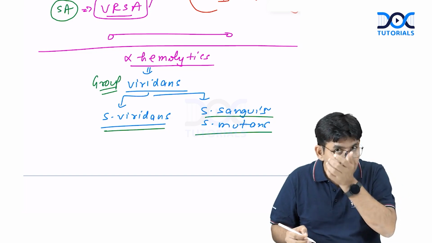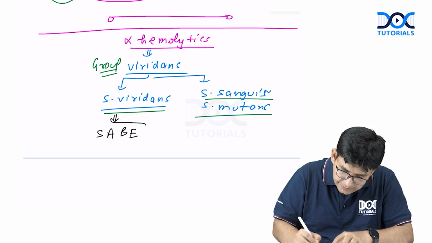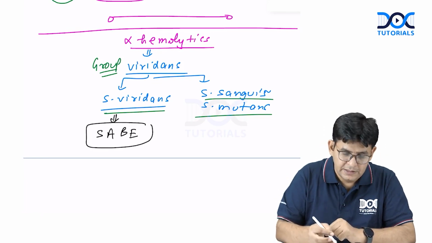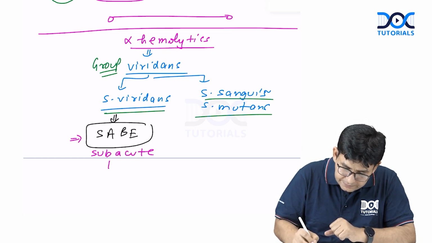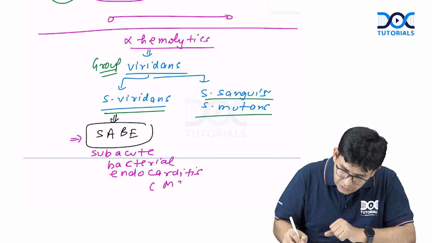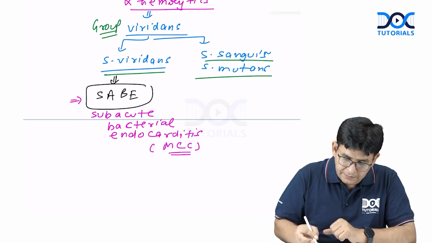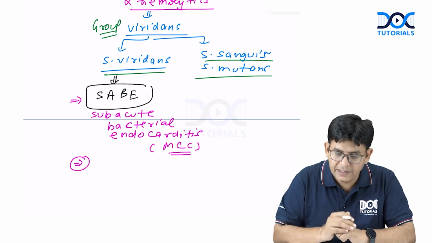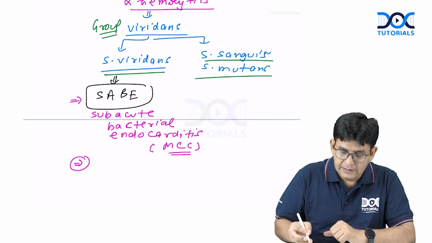Now, this particular Streptococcus viridans associates with what? SABE, that is subacute bacterial endocarditis. And in fact, I should say this is the most common cause of SABE. Which one? The Streptococcus viridans. Besides that, what else do you need to know regarding Streptococcus viridans? Some other aspects also: this associates with